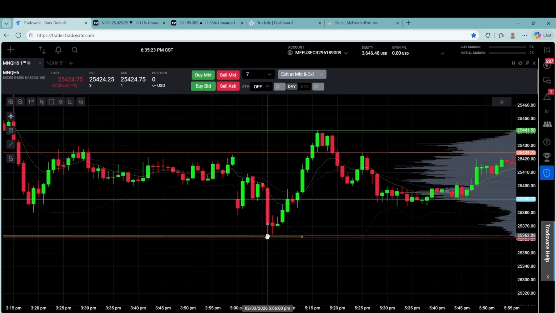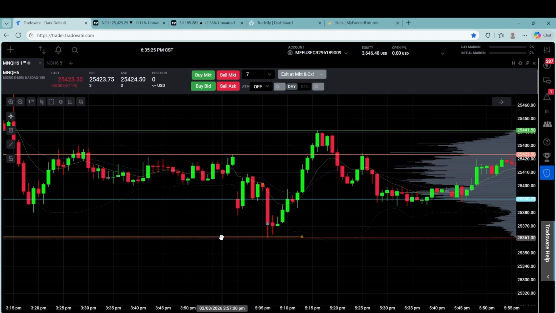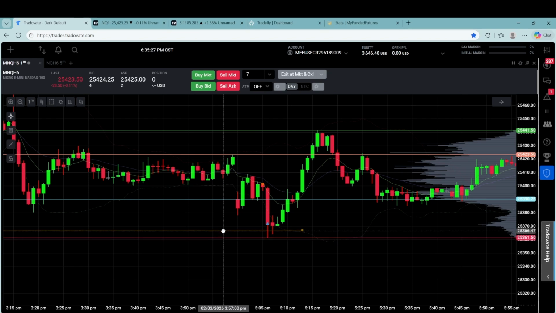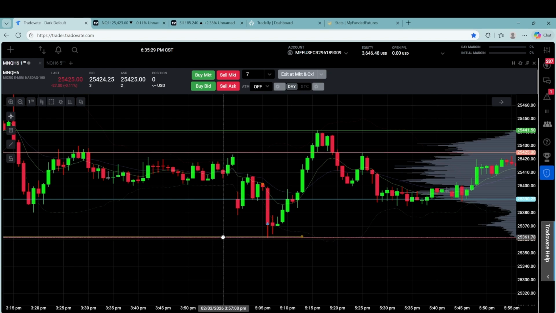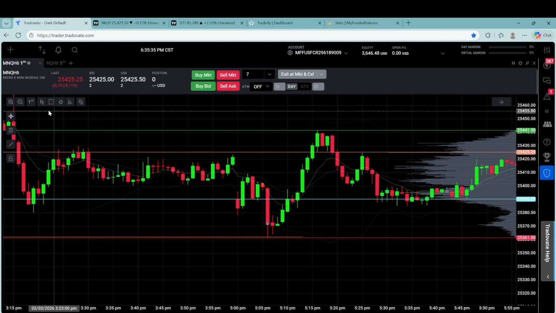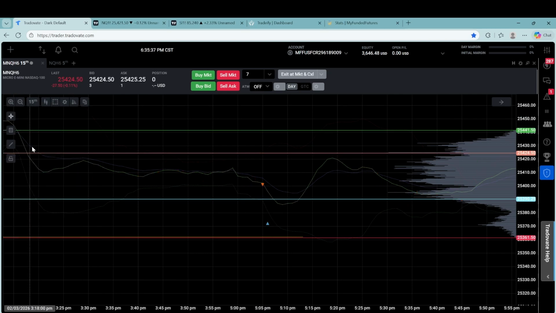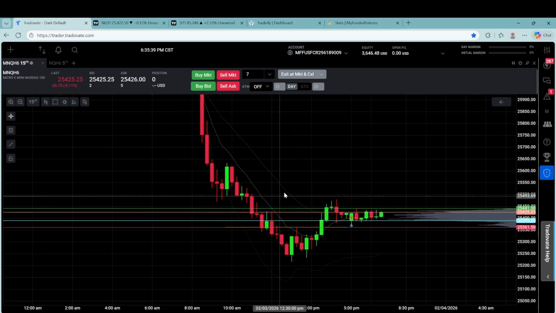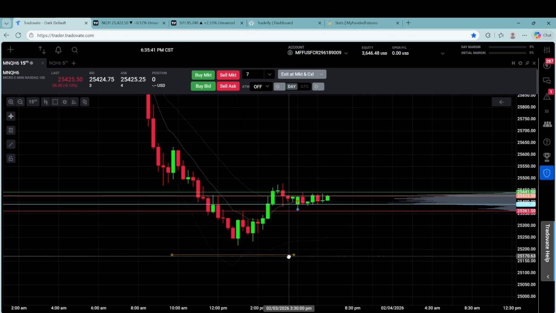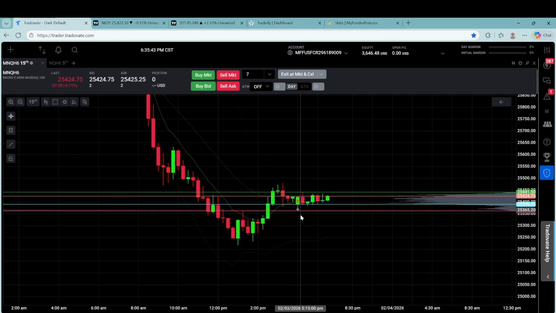Now, why? I actually have this line right here, right? This line right here at 61. So why did I put this line here and the market came and tapped exactly where my line is? Okay, so if we go to the 15-minute chart, right? I was looking here. Let's delete this line. I was looking here and I noticed